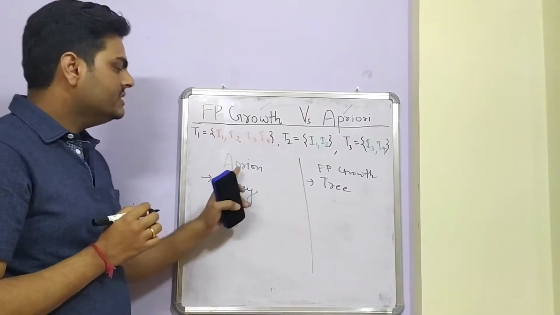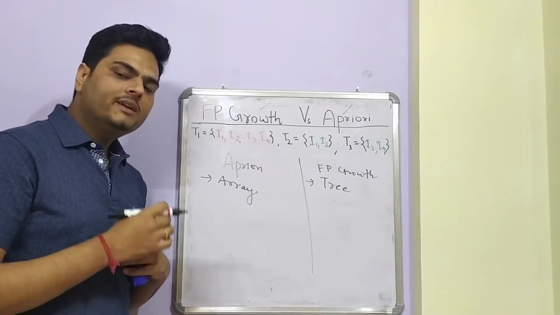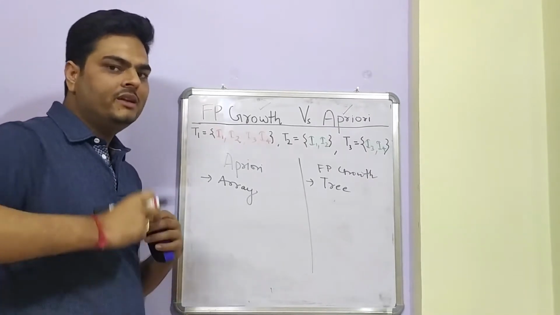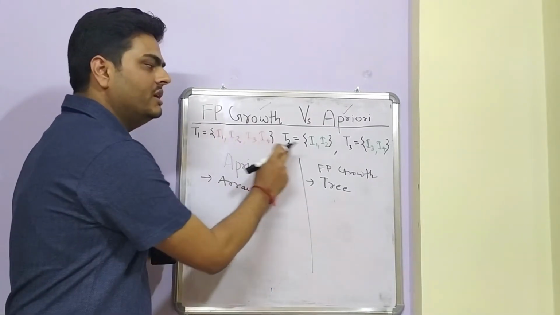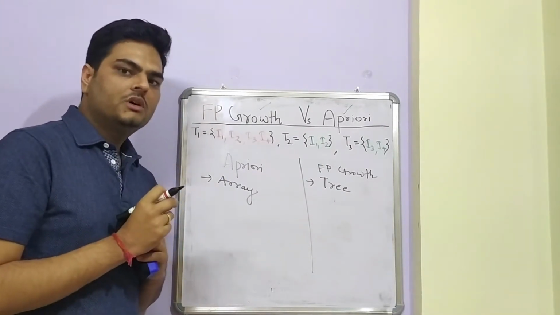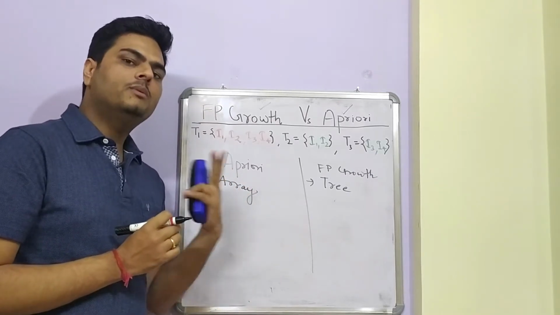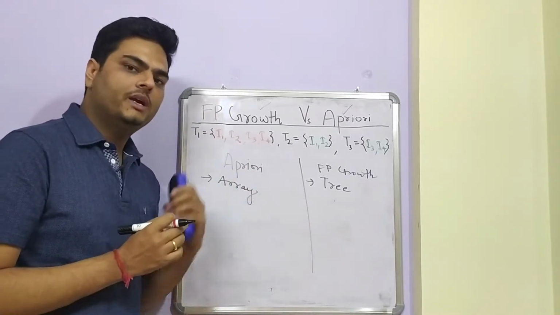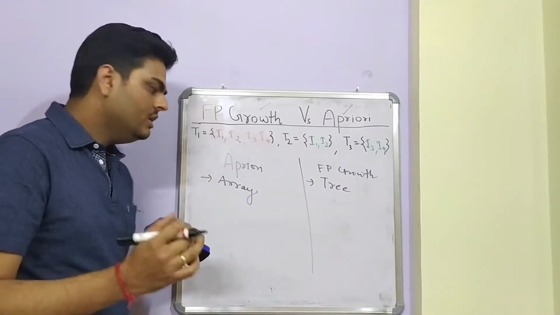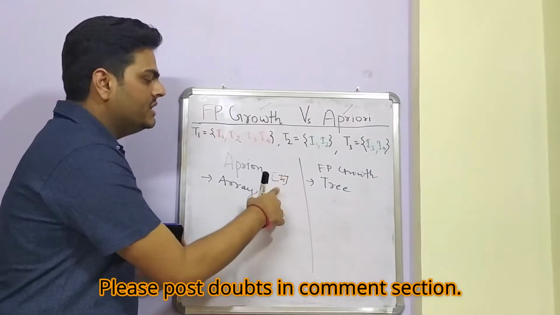Now, the first step of a priori algorithm is that it will try to generate the candidate keys. So what is the meaning of generating candidate keys? How many items do we have here in total? 4 items. From this set of 4 items, how many combinations can be created? Single atom combination, double atom combination, triple atom, 4 atom. That will be the candidates for the array. For example, one candidate can be single I1.